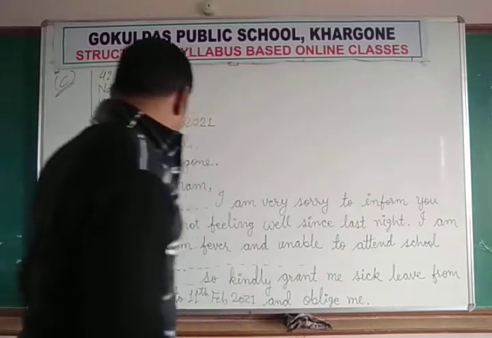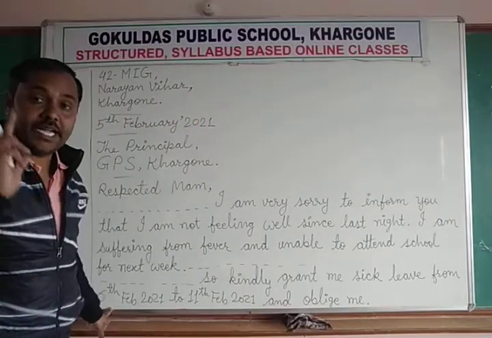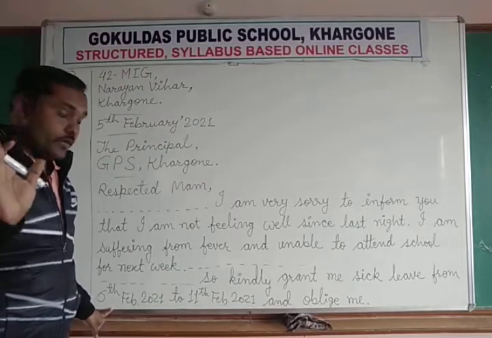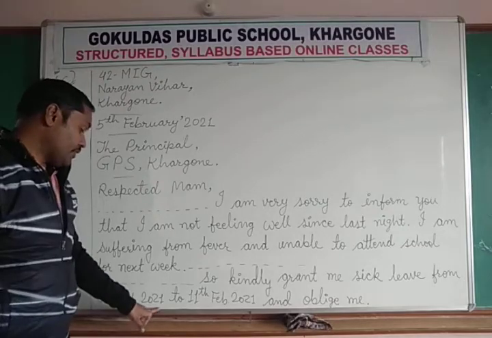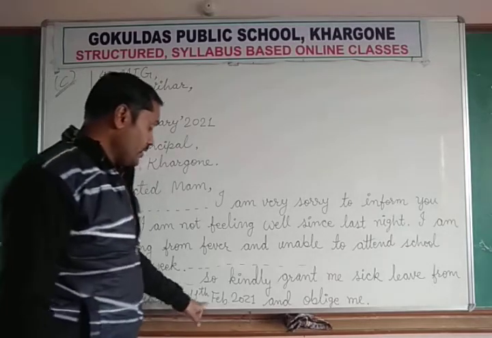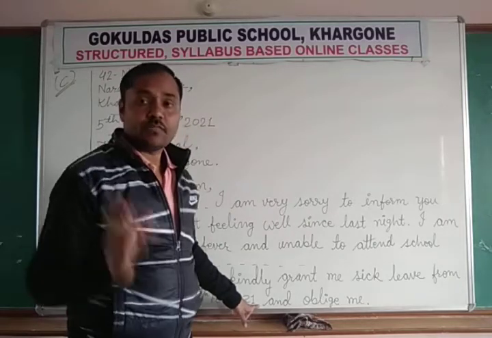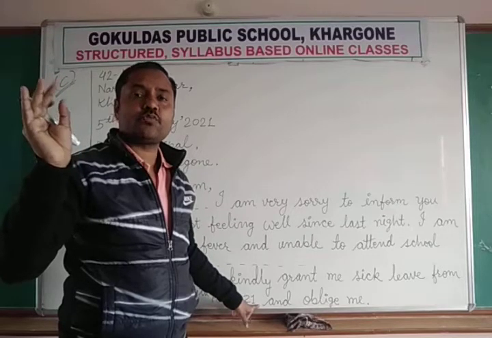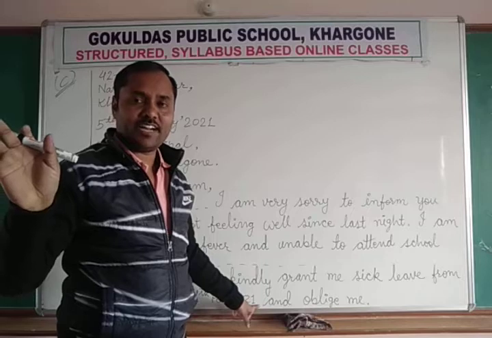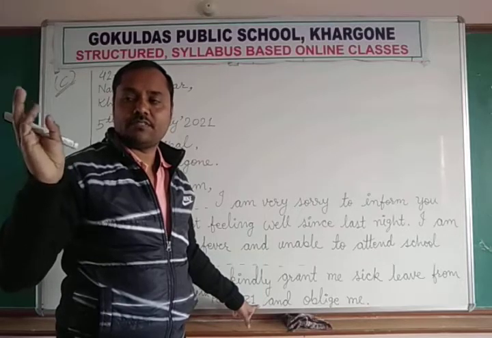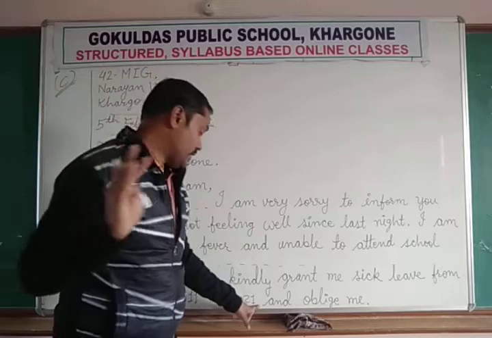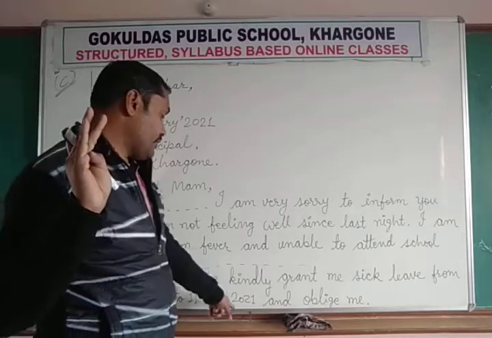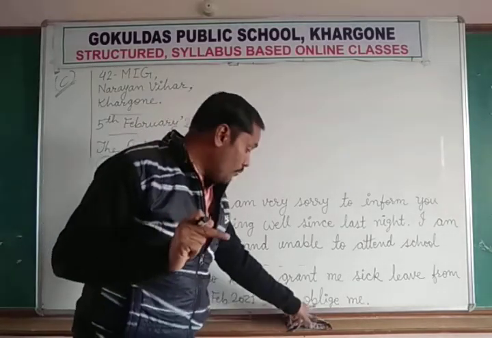Sick leave from. Now you need to mention the date, specific date, from this date to this date. Okay, you need to mention the dates also. 6th February 2021 to 11th February 2021. 6, 7, 8, 9, 10 and 11, and of course 12 is a Sunday, so we cannot count Sunday. So I need the leave from 6, 7, 8, 9, 10 and 11. So 6 days. So from 6th of February to 11th of February, and oblige